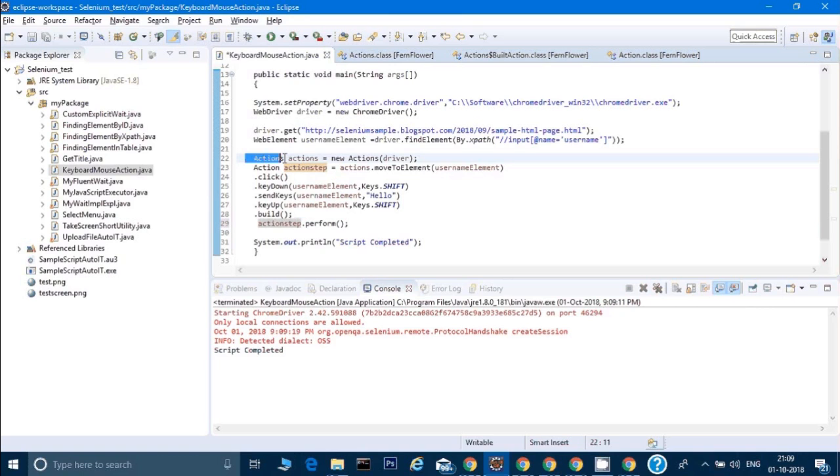So this line is creating an object called actions. Okay, and now I am calling the methods of actions. The first method is moveToElement. It will move to the user element, then I am clicking on that. So it's very simple, we are just clicking on that element, and now dot keyDown will hold down the